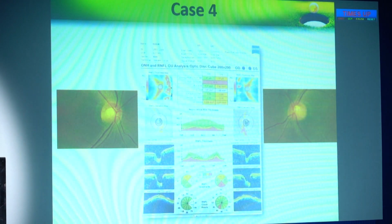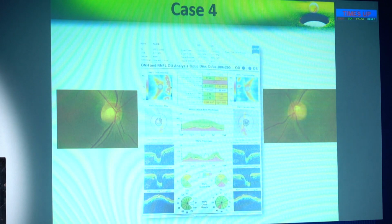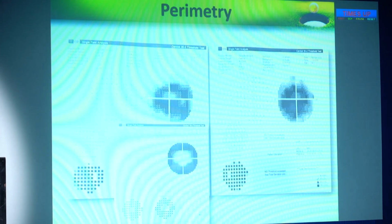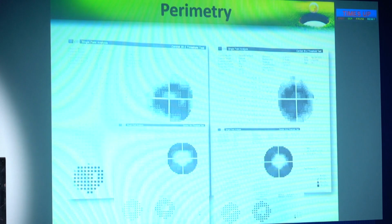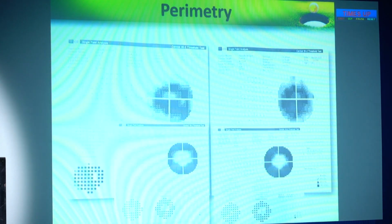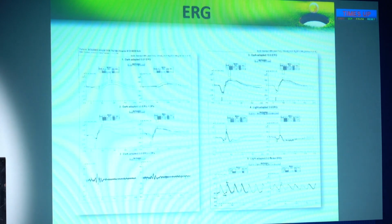Talking about case 4, this was a recently seen patient who was treated as NTG outside. However, there was a marked asymmetry between the disc parameters and the visual field changes. We got a 10-2 done for this patient, and what we see is a ring scotoma. When asked for a positive history, he did say he had difficulty in dark adaptation, and he was referred for a retinal clinic opinion where he showed reduced scotopic responses in both eyes, and he was concluded to